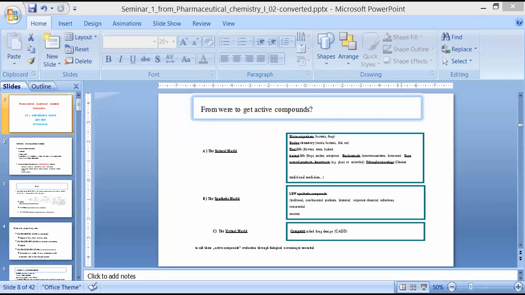Number one, natural sources. Second, synthetic, those that do not exist in nature. And third will be the virtual world. Now, the first source: whatever exists or is given by nature, we are going to utilize, whether it is used for the treatment of that particular disease or not. That means the Ayurvedic type of systems in which we use natural compounds for the treatment of those diseases. So what are these natural sources?